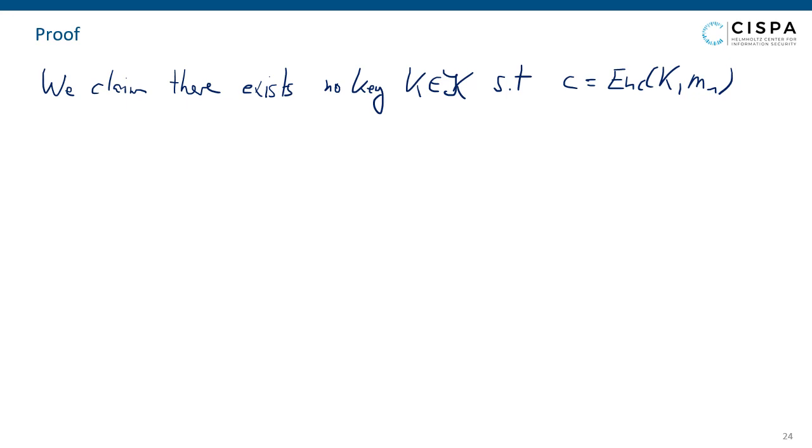Now, to see that this is the case, assume there was such a key. So if there was such a K, then by correctness of the scheme,